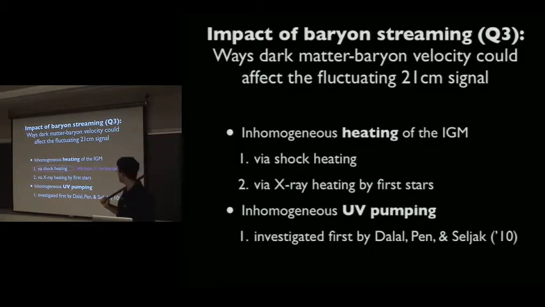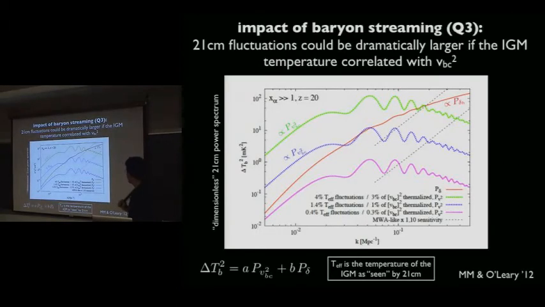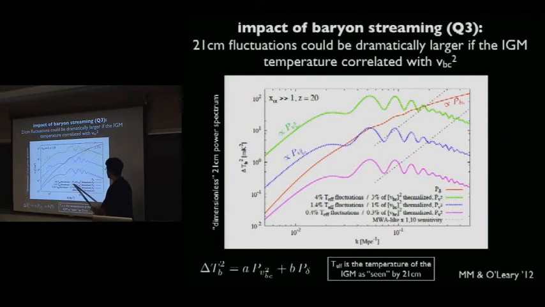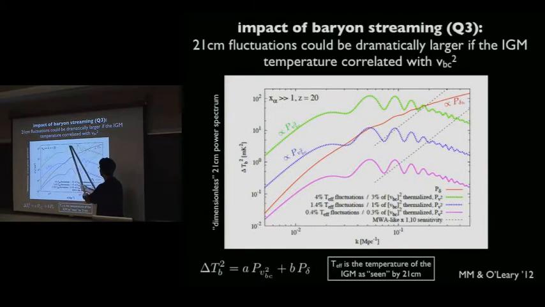And so I'm going to first concentrate on the inhomogeneous shock heating. And so it turns out that if you just couple a very small fraction of the energy in this relative velocity into shock heating in the universe, you could have an enormous 21 centimeter signal compared to what people have been predicting. So for example, if you thermalize just a few percent of this relative velocity, then your 21 centimeter signal would look like this green curve,